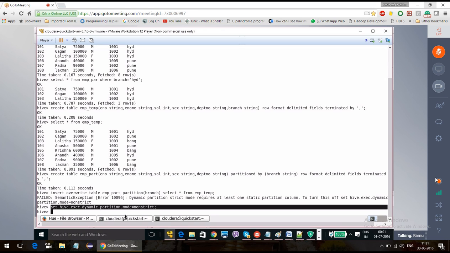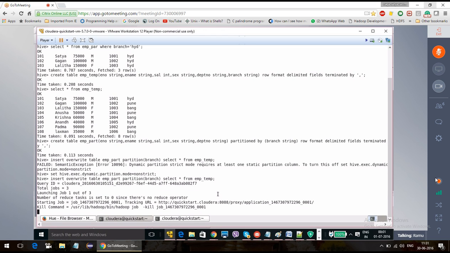Usually, as I told you, whatever aggregate Hive query you give, inside that it is going to run a MapReduce job. See here, it is loading from one table to another. That means insert and overwrite are functions in MapReduce in Java. That is why our MapReduce job is running.